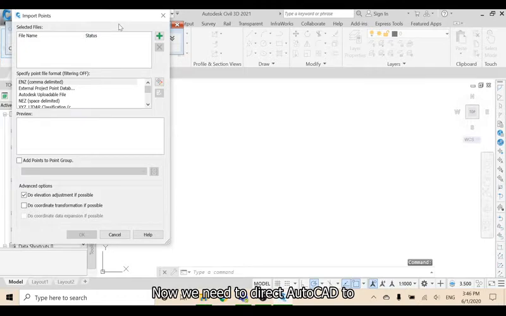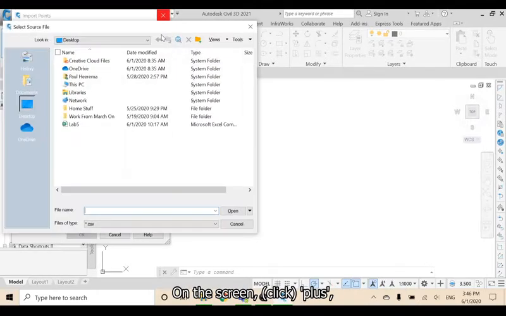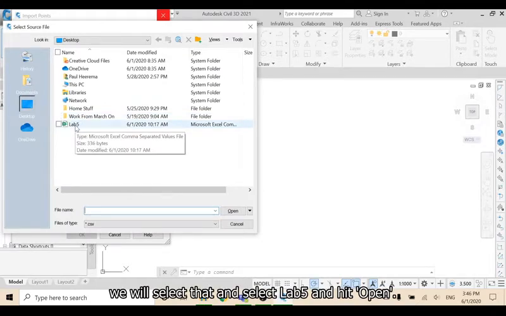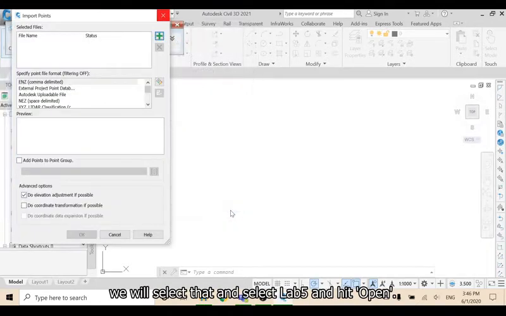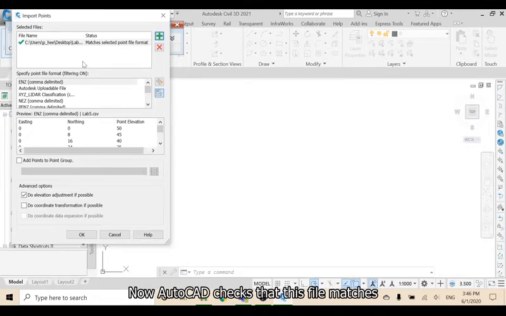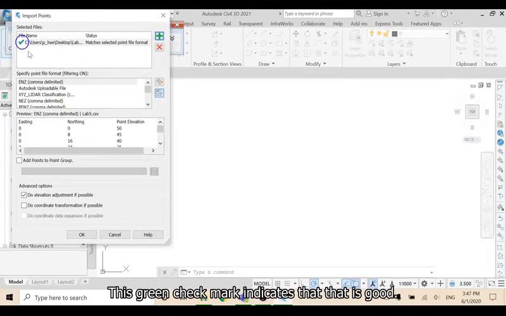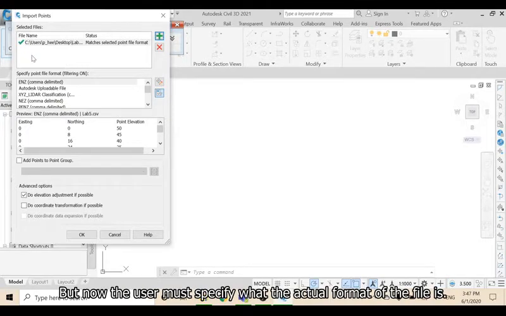Now we need to direct AutoCAD to where our data is located. On this green plus, we will select that and select Lab 5 and hit Open. Now AutoCAD checks that this file matches a file format that it recognizes. This green check mark indicates that that is good, but now the user must specify what the actual format of